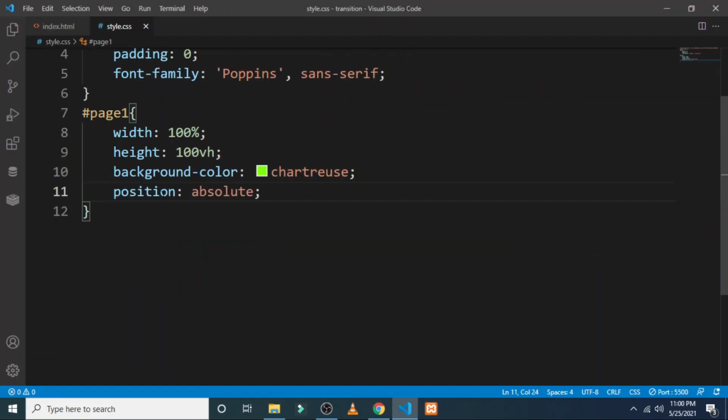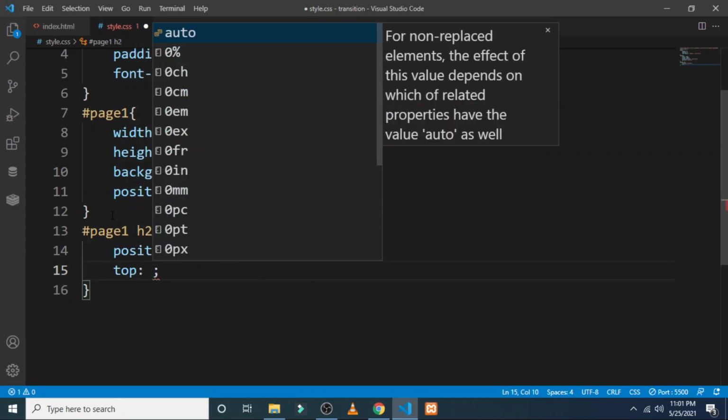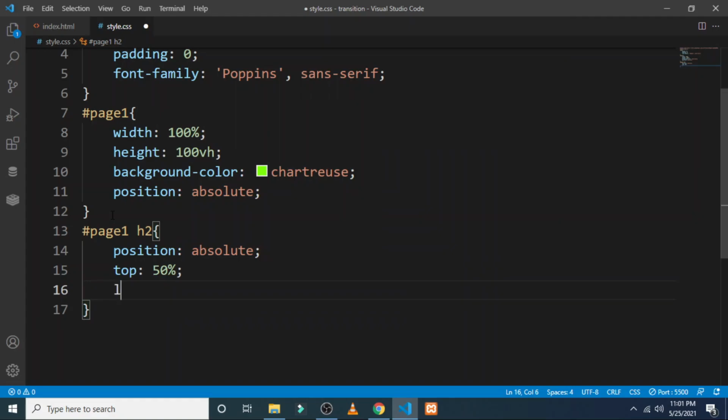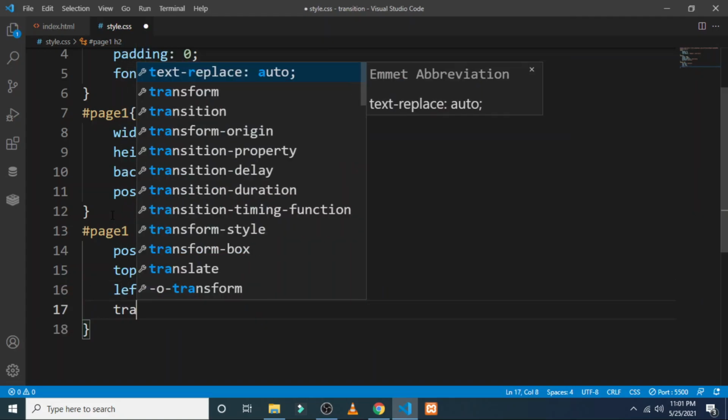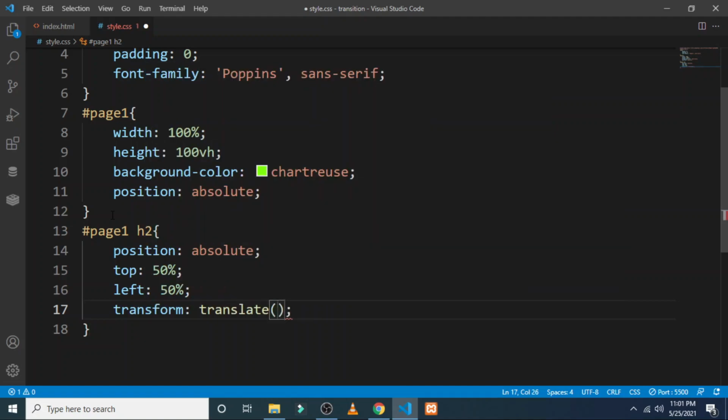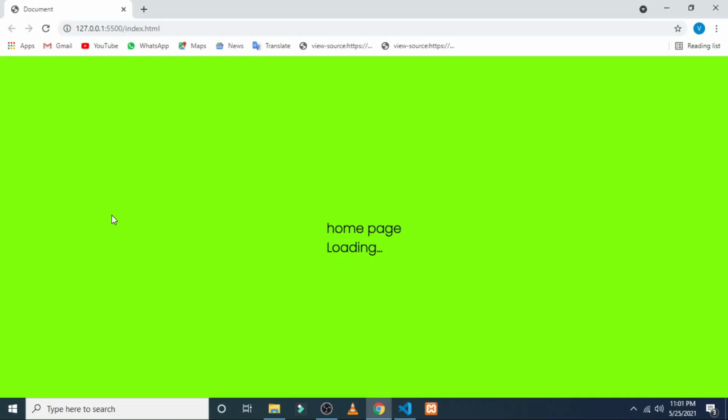As you can see the preview here in the page 1, all the headings. Here the position will be absolute, top will be 50% sorry, and left will be 50%, so that it will come to the center. Here we translate so that it will come to the exact center with -50% and -50% translation. As you can see this effect.